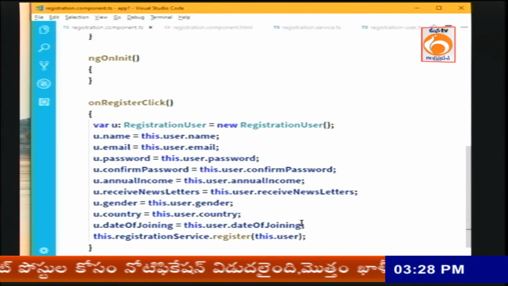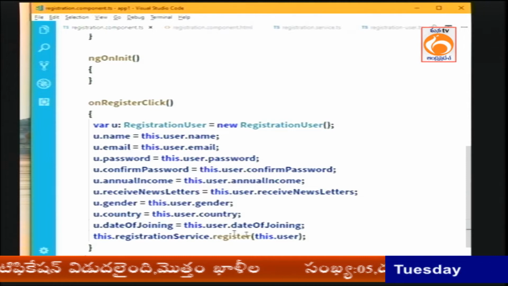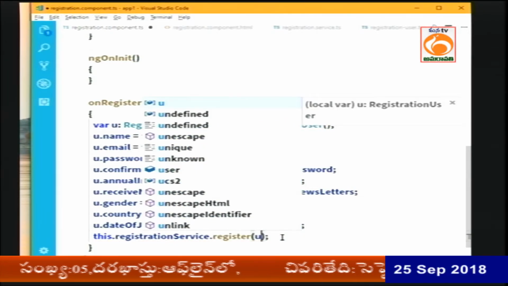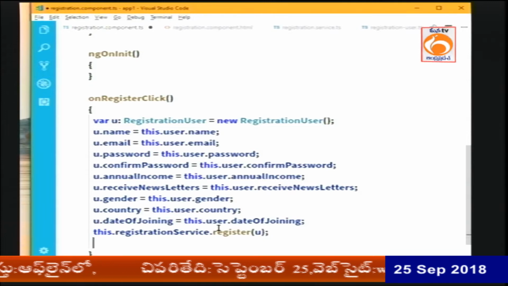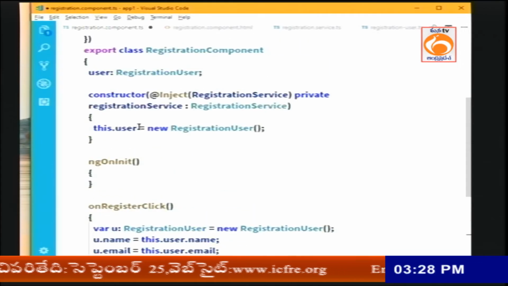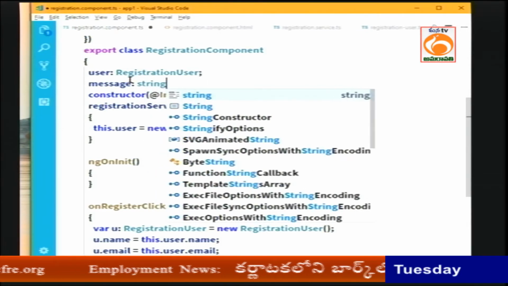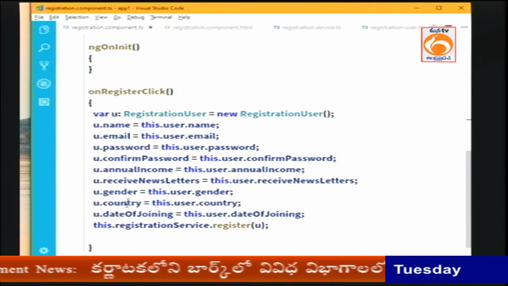We have copied all the data from user to u. Now we have passed the u as argument. Then in order to display the message to user, let's have a property called message, and the message